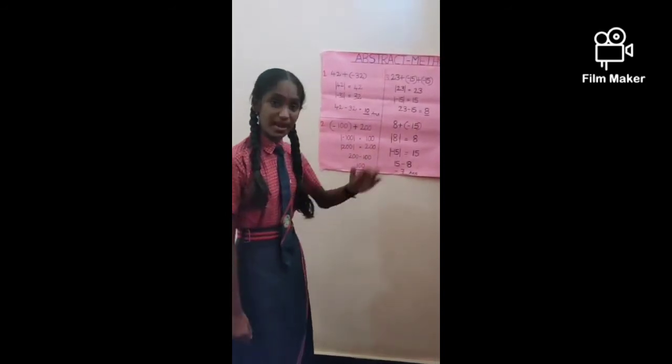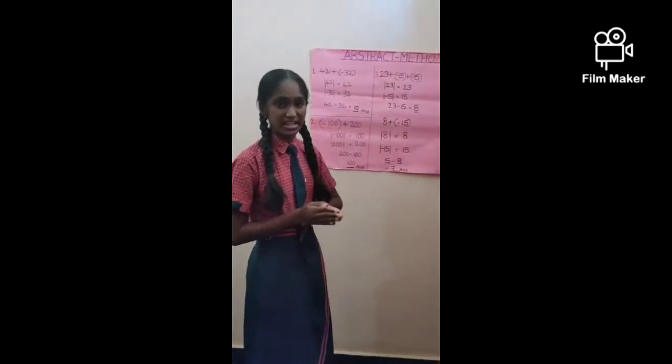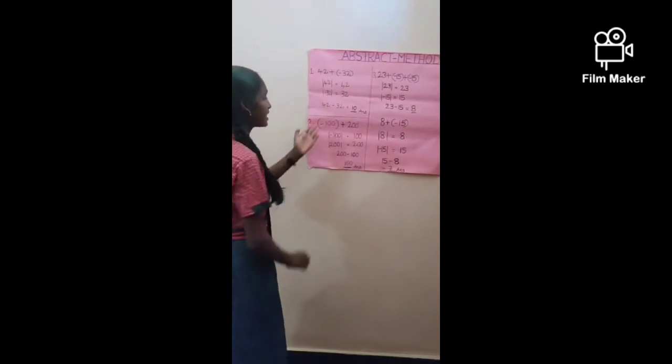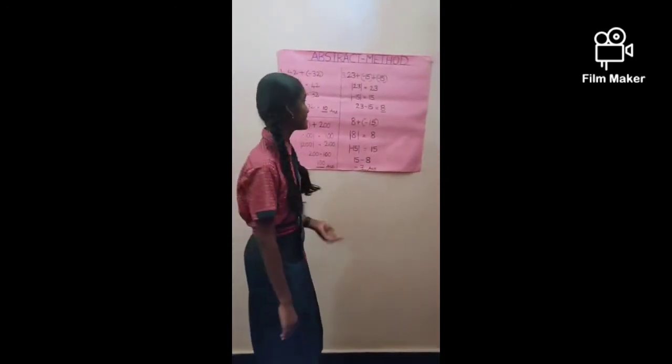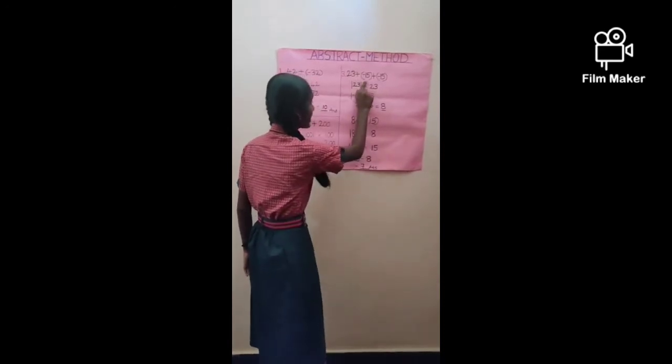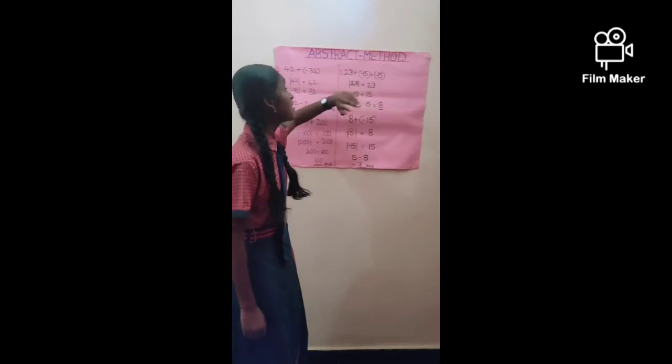So let us find another question. It is a different type of question. See, if there are two integers like this, we can do it easily. But if we have more than 2, how can we find it? See, 23 plus negative 15 plus one more. First we should take the first 2 integers.